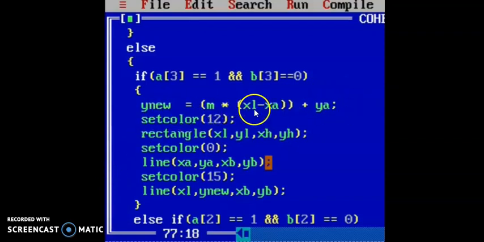It will use this particular formula and give a new color for the rectangle, which is our window, and then it will show the line which is clipped. Then it will give a new color to that line, and the new coordinate ynew will be found. Xl will be the same because it is not intersecting with the window, and only ynew will be found, and the new line after clipping will be drawn.